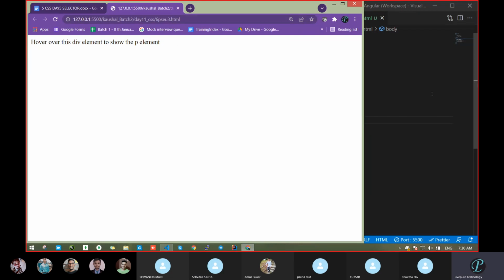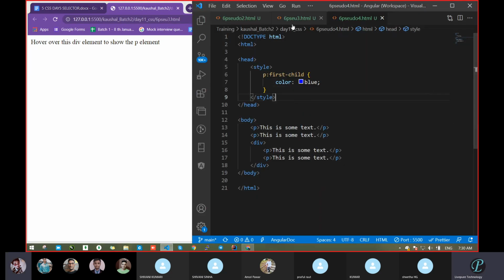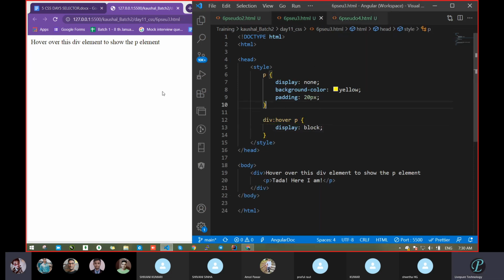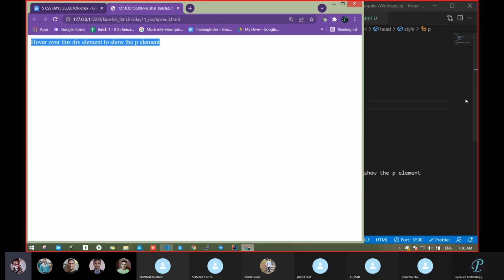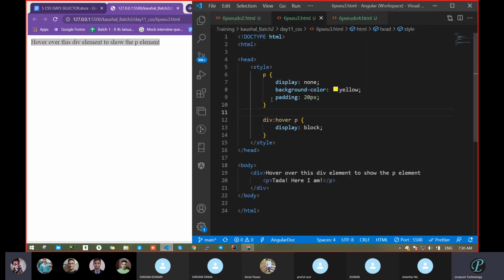Wherever you target. Suppose in this example itself, we do not want it on the complete thing, because we had applied it on the complete div and the p. But if we want it for a particular section, what will we do? We can target a particular section.